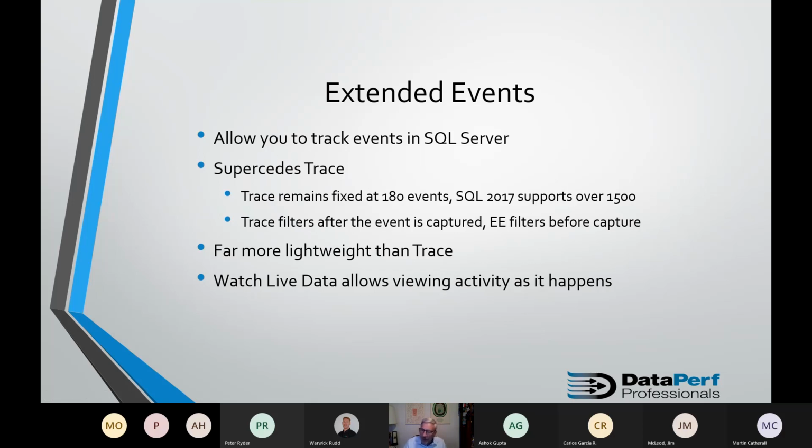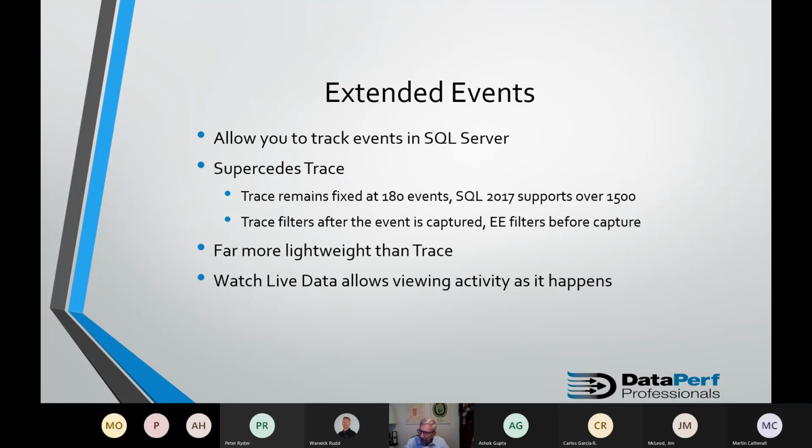But there's a lot of benefits to using extended events as opposed to trace. First of all, trace captures everything, and then when you have a filter, it filters that after it's captured, right? It says, oh, I've got this, but I only wanted information for the AdventureWorks database, so I'm going to throw out all this other stuff that I've captured, right? It's a rather inefficient way of doing things.